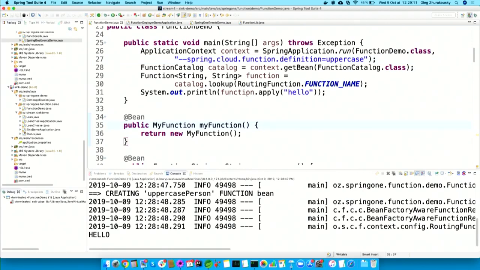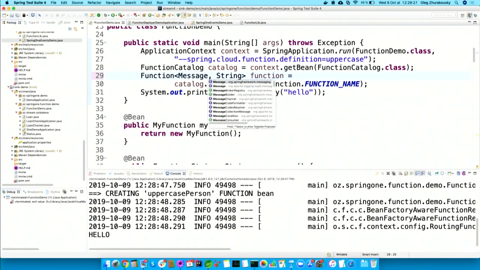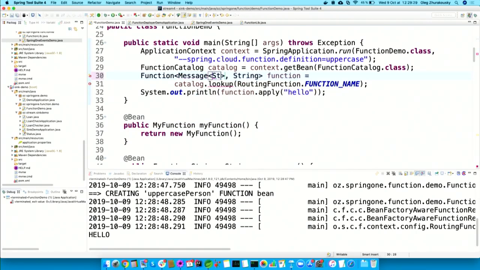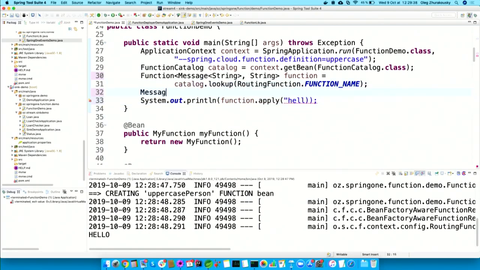Okay, so now this is static, right? This is one per Spring Boot application, not a very convenient way to route functions, right? So let's take it one step further. And again, the same uppercase, but I'm going to do it like this. Okay, so obviously I have to provide the message, but right now I'm going to say builder dot with payload hello, set header,